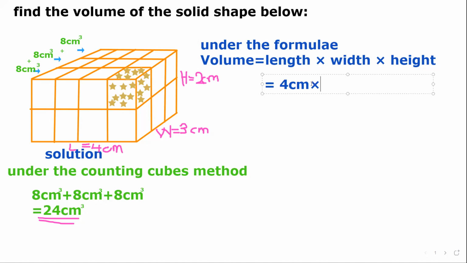Times the width, which is also the 3 centimeters that has been divided into 3, and then multiply by the height, which is also 2 centimeters, okay? Then when you multiply the 4 by 3, that is 12, and 12 times 2 is 24. And we have the final answer to be 24